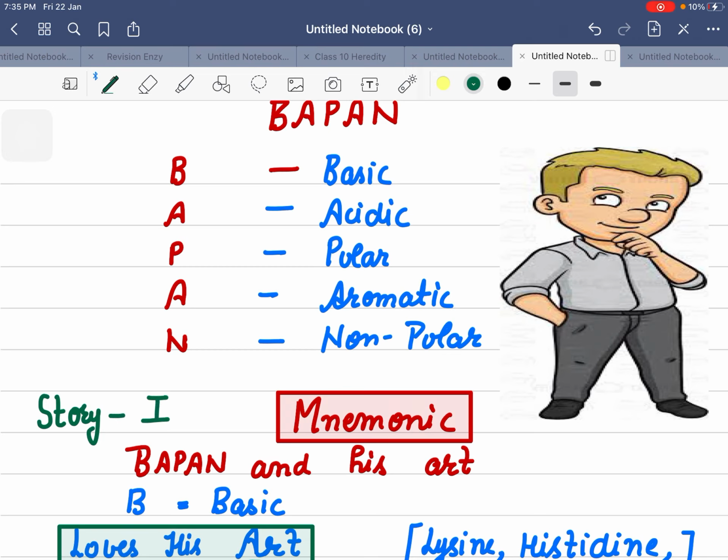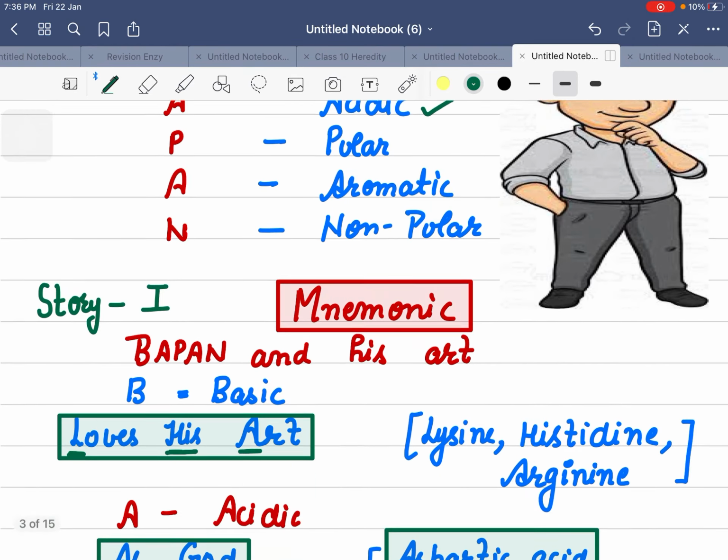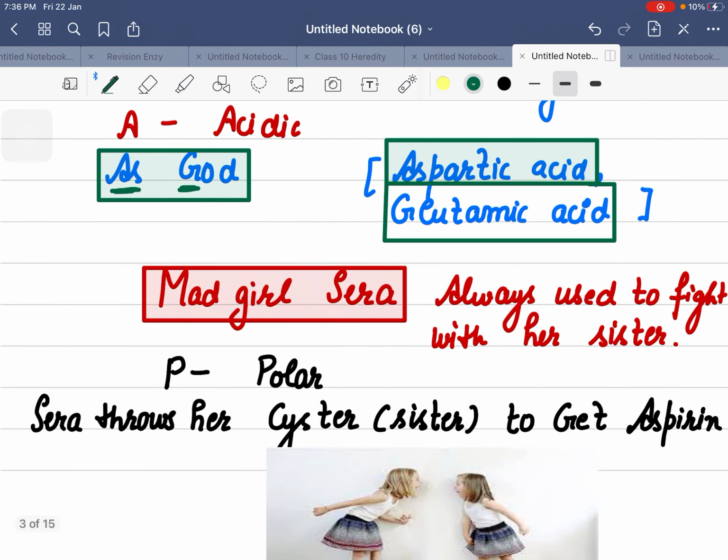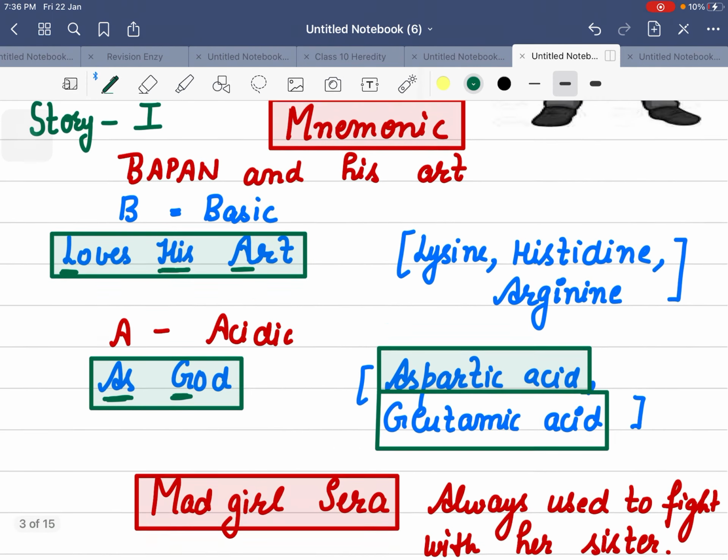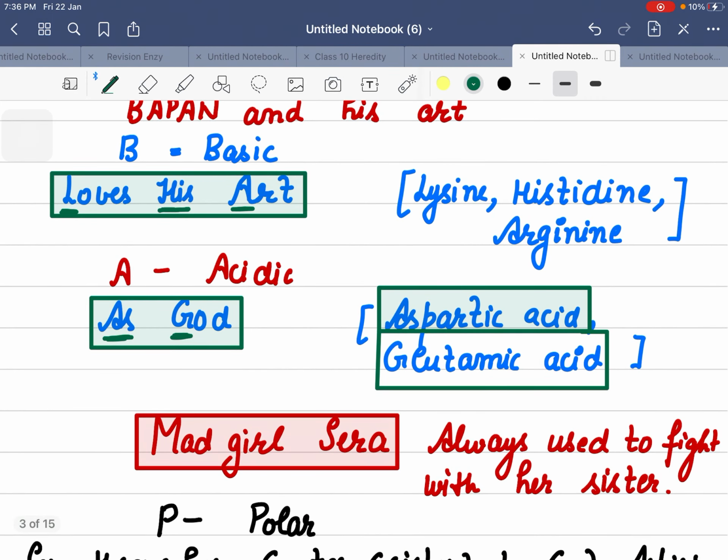So we learnt basic and acidic amino acids. Now let's talk about our polar amino acids, basically those which are polar in nature. To talk about this, we have to listen to another story, story number 2, that is about the